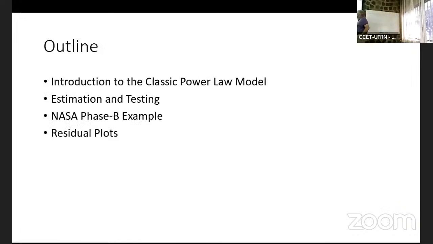So the engineers will call the model we're playing with a classic power law model. And in fact, within certain communities, they will call it the stress rupture model. This is from the engineering perspective. By the way, the discipline of reliability is dominated by engineers, not by statisticians. So the quality of the ability to do data analysis varies widely, okay? So classic power law model, what I'm going to show you is basically a linear regression model. And for them, it's always the simple linear regression model, okay?